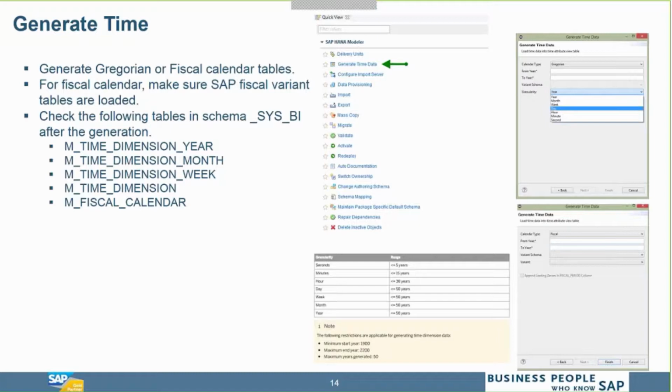You can go into the HANA modeler and use the generate time data application. Some things you have to remember when generating time or the calendar tables within HANA: first, if you're using fiscal calendars, make sure all the fiscal variant tables are loaded. And the second thing, keep in mind that depending upon the granularity of the data, the size of the generated table varies. For example, in the screenshot, if you see,